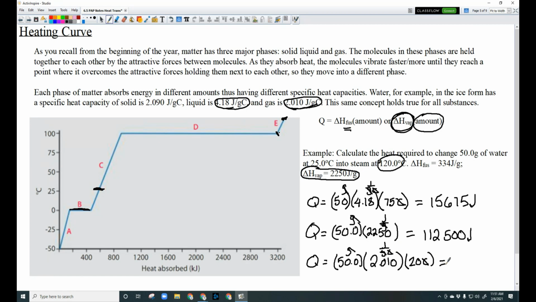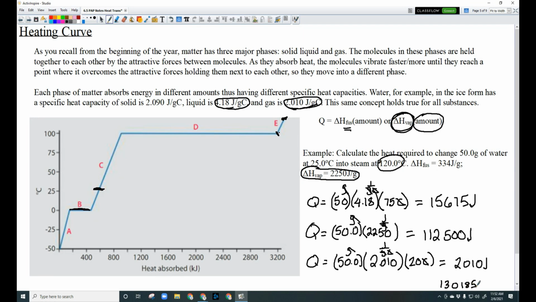So grab your calculators again: 50 times 2.010 times 20. That's going to be 2010 joules. To get the total amount of heat, you're going to add those three up. So I have 15,675 plus 112,500 plus 2,010. So that's going to be, I'm just going to write it right here, 130,185